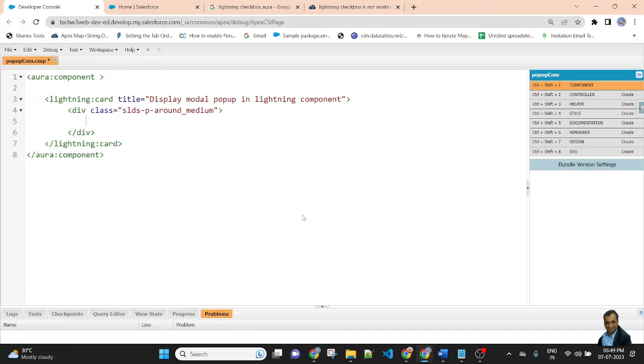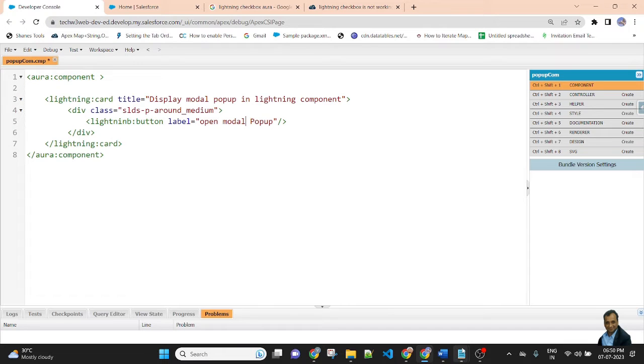Inside this div, first I will create a Lightning button. Here the label is open modal pop-up.